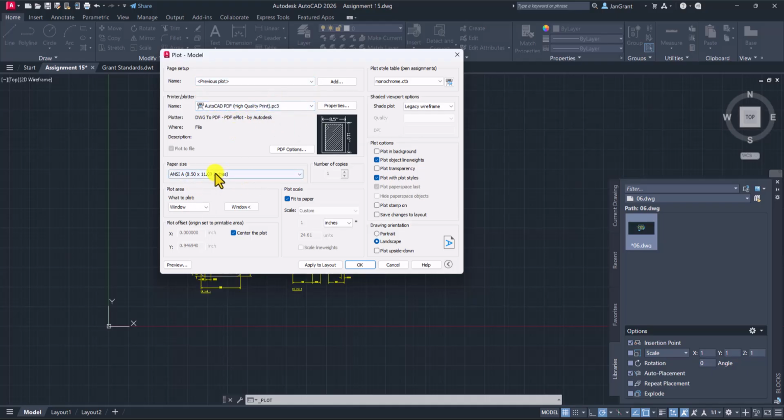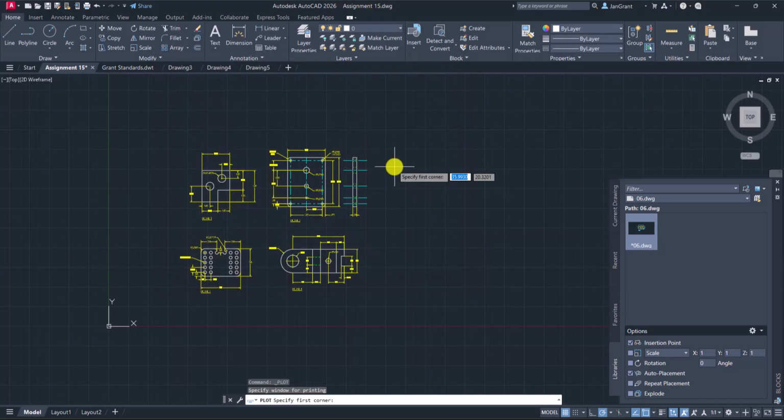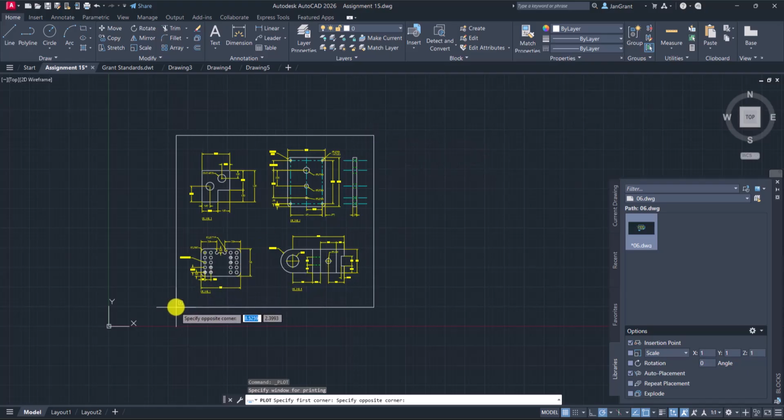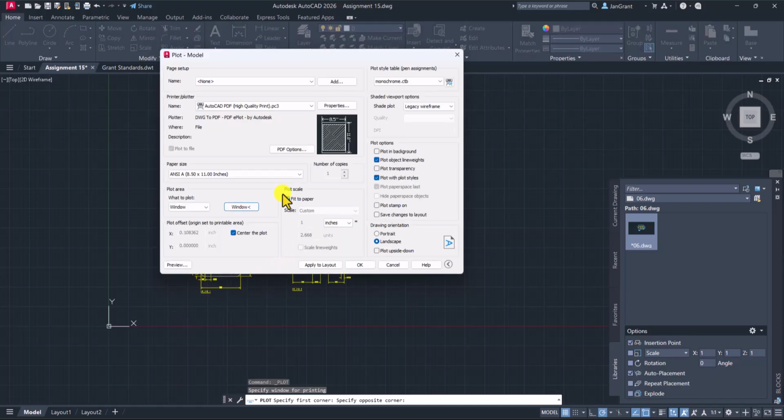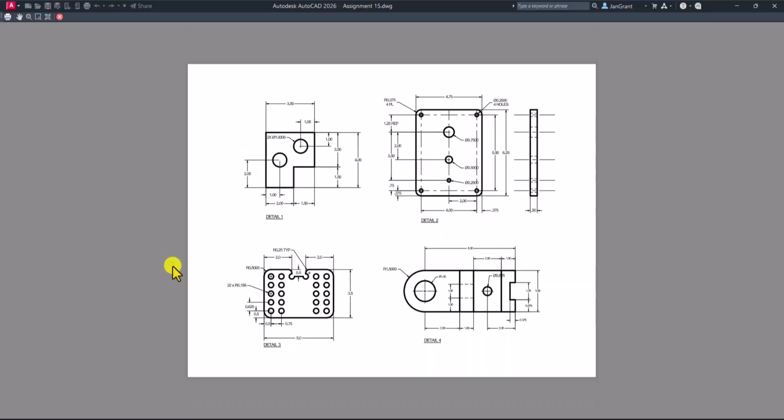You just have to verify the check marks there, and it's on monochrome, and it's landscape. But you also want to verify and change the window, because the previous print will set up all of this, but the window is going to be different. So when I click on this window button now, I'll be able to click here, pull my mouse across, and click here to create a different window, pick apply to layout, and pick preview. And there's your